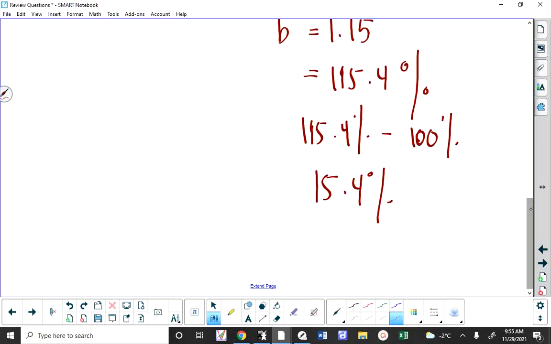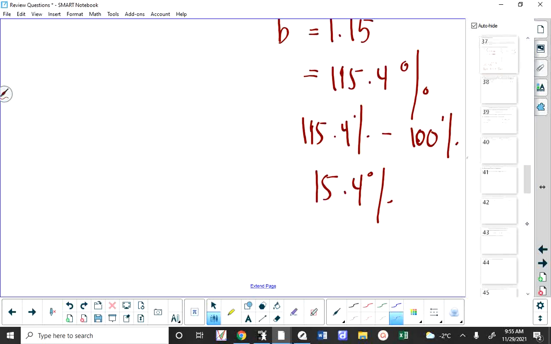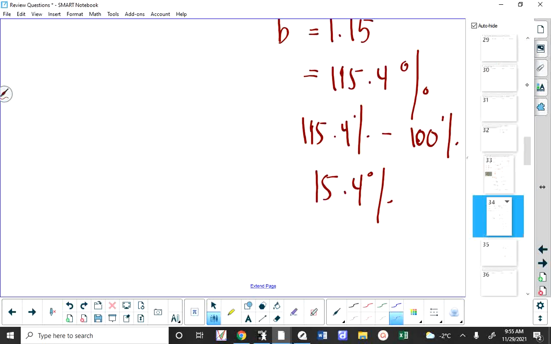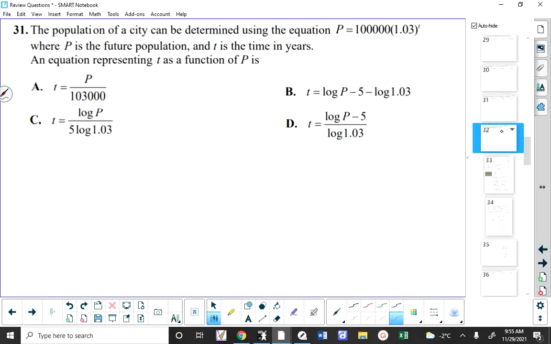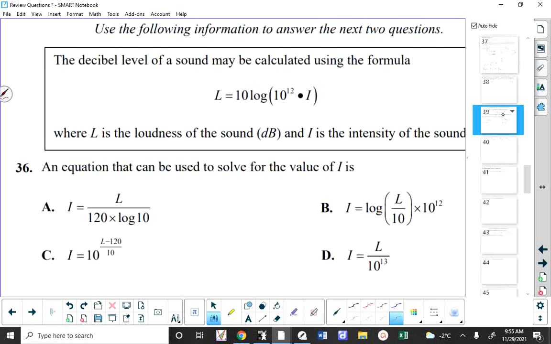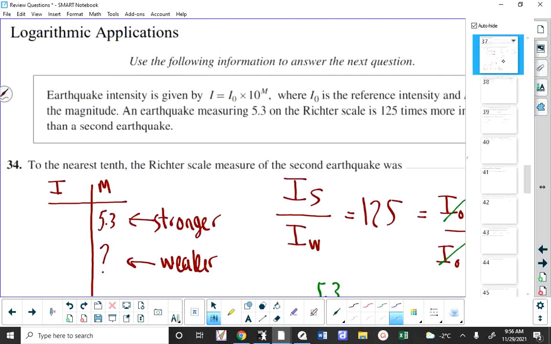So go ahead, Sienna. Absolutely. You said 34? Oh, yeah. Well,